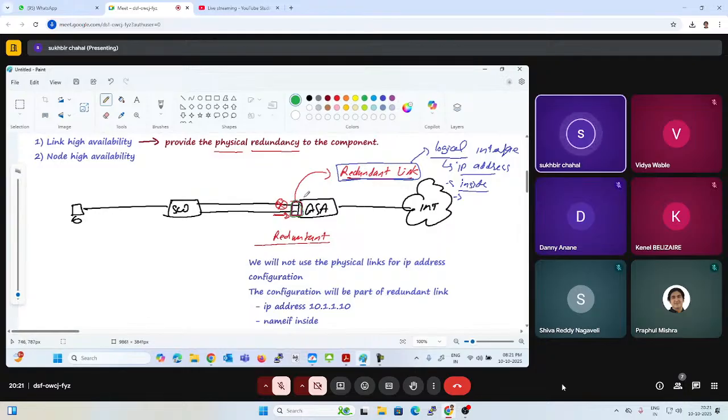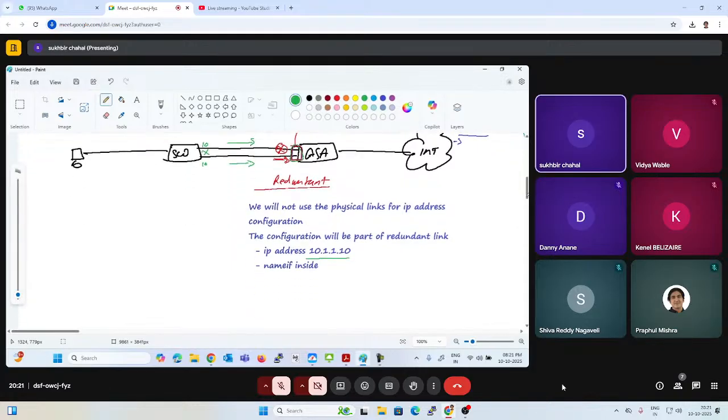But if you talk about the switch level, there you still have two separate interfaces, maybe part of the same VLAN, so there is nothing like redundancy. A normal switch uses these two interfaces as host ports, like VLAN 10 and VLAN 10. Okay, but if we have the gateway on the redundant interface on the firewall, which interface is going to be used, this interface or this interface or both? So in that case, guys,